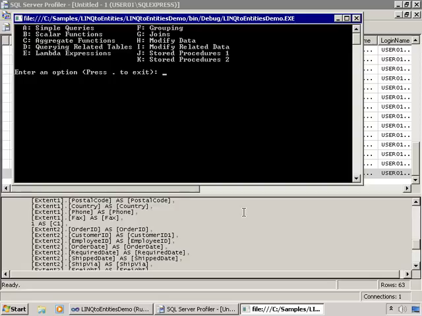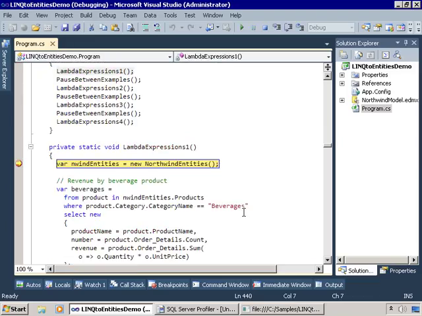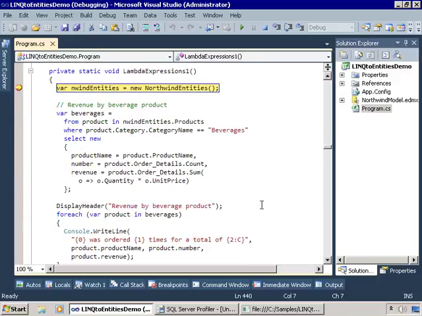Okay, let's now look at lambda expressions. A lambda expression is when you pass a function to a LINQ method that is itself a function. So here I want to get the total revenue for beverages. So my query is going to be from product in products where category name equals beverages, bring back the product name, bring back the count of the order details, bring back the number of orders, which is